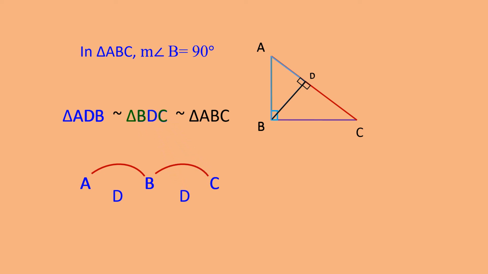So we got our triangle BDC, and now the third triangle ABC. For that we have to take the extremes with the middle one. So A will go there, B will go there and C will go there. If you follow this method, then you will get one-to-one correspondence, and once you get one-to-one correspondence between the vertices of the triangles, it becomes very easy to do the next part of it.